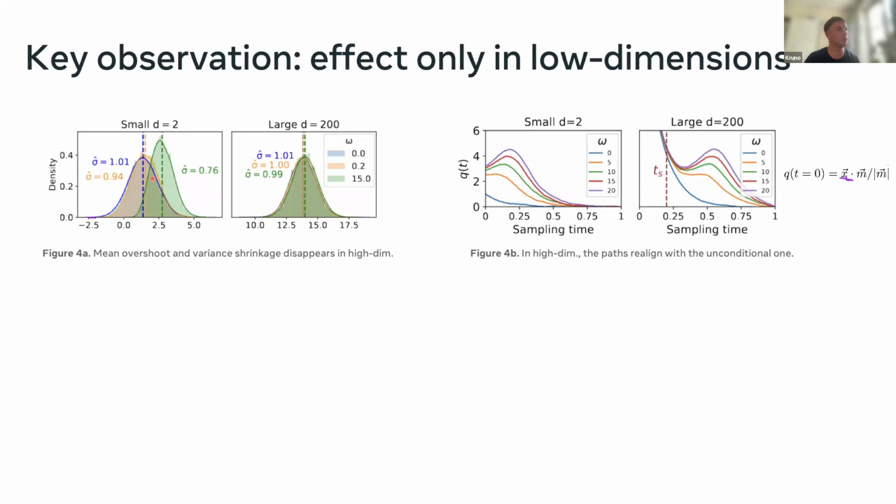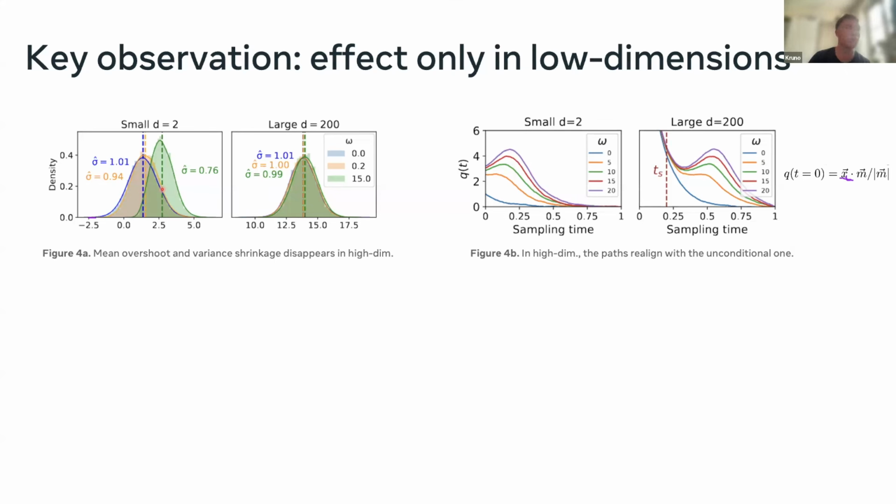So you can see here that for very small omega, my mean is a bit larger than my correct mean, which is in blue, and the standard deviation of the distribution has shrunk. And as I keep increasing omega, this effect is going to become worse and worse, and my generative distribution is going to be more and more different from the target one.